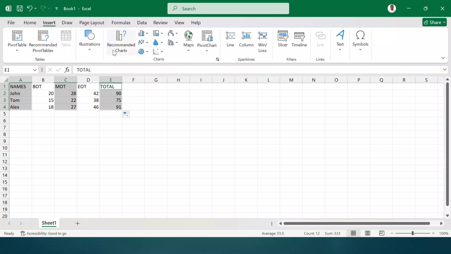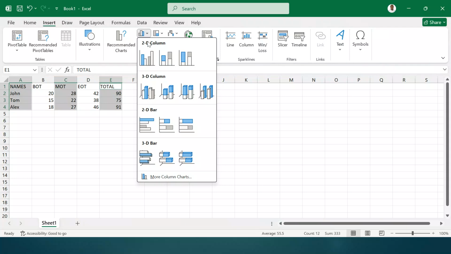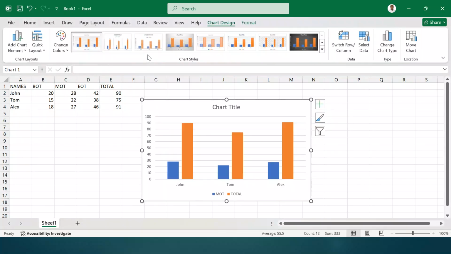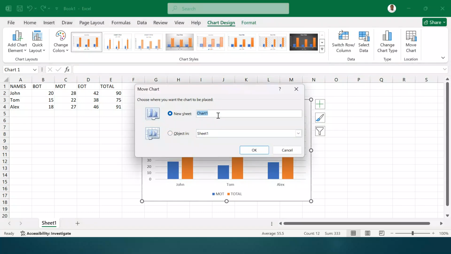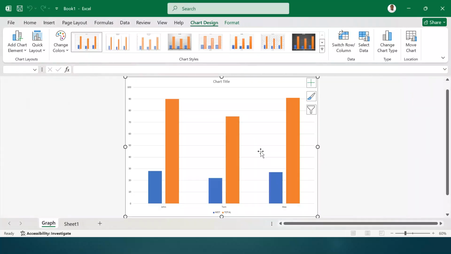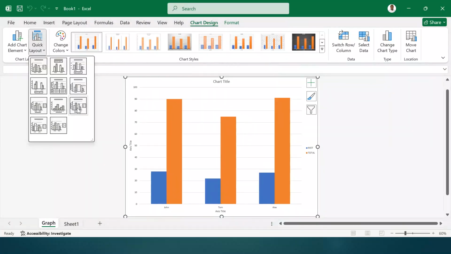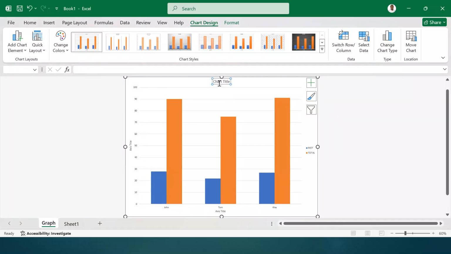Go to insert, column, pick a graph. Then after generating it, you are told to move it. So go here, move chart, click here, call it graph, click OK. So this kind of graph, put the titles, go to quick layout, here under layout 9, put label, a graph showing